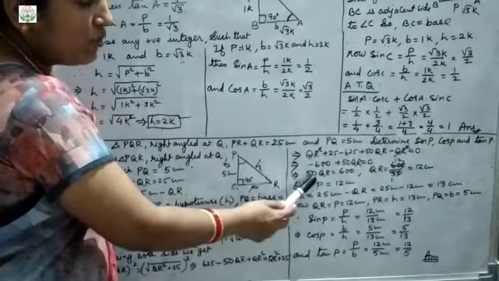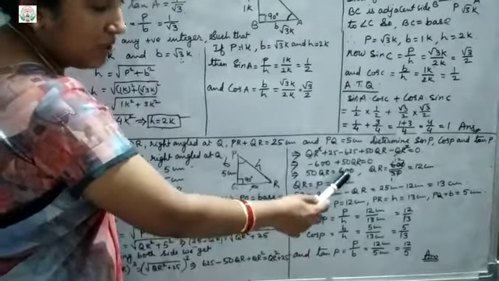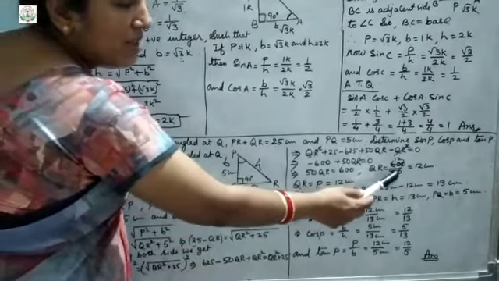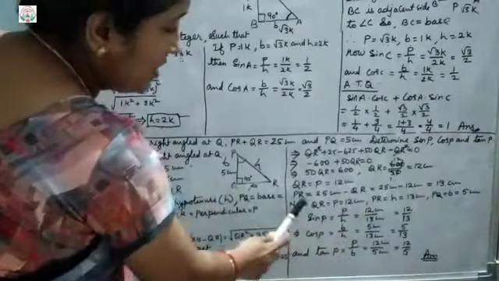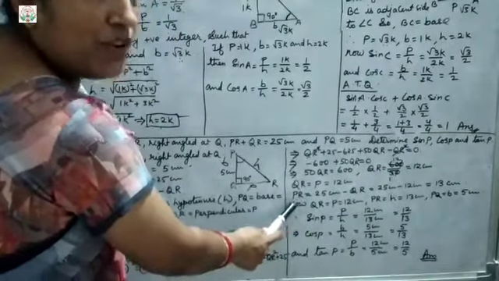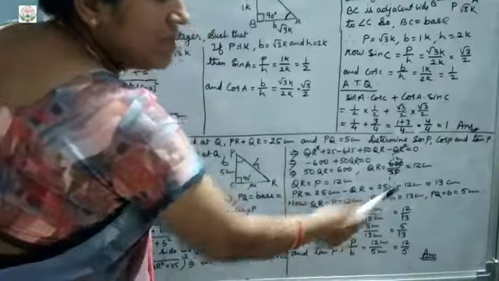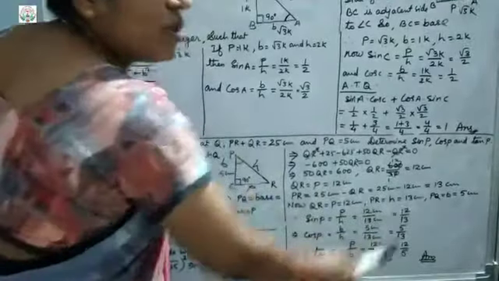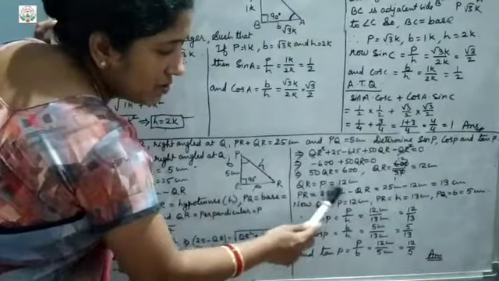So now take the constant to the other side. So 50 QR equals 600 and QR equals 600 upon 50, which gives 12 centimeter. Now QR, that is P, equals 12 centimeter. PR will be how much? 25 minus QR, that is 25 minus 12, which gives 13 cm. So now P is known to us.